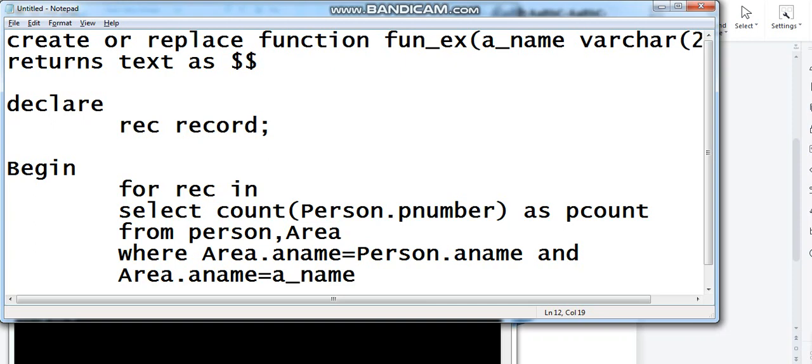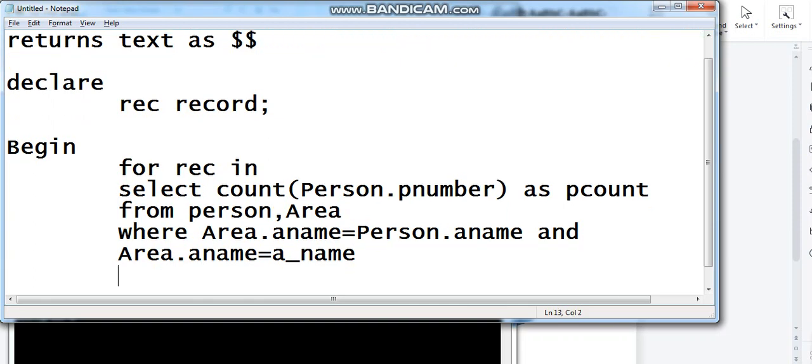Always remember, in this mapping condition, whatever we write on the left hand side of the equals sign is the attribute, the column of the table, and this a underscore name is nothing but the parameter which we are passing to the function, or the variable which we have declared in the create statement itself. This is a user defined word, local to this particular function, and enter.